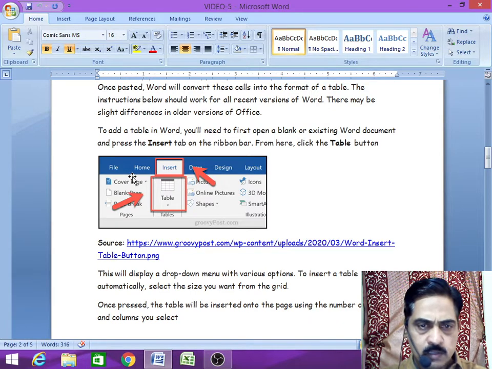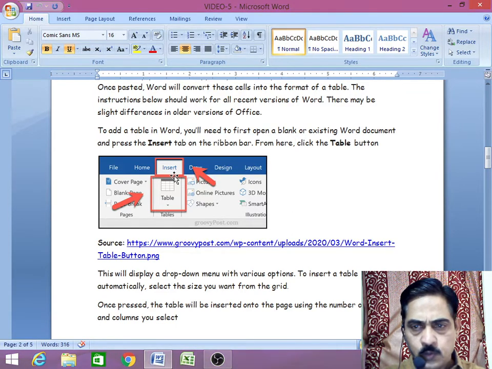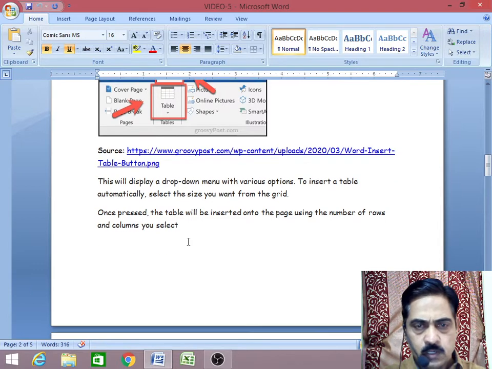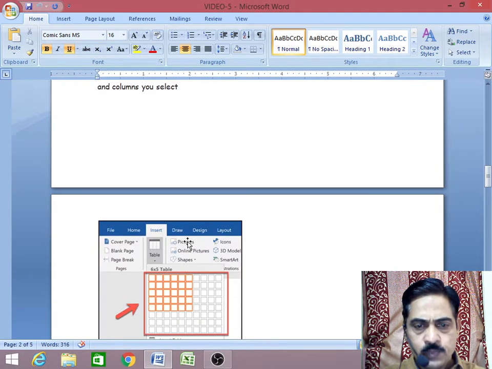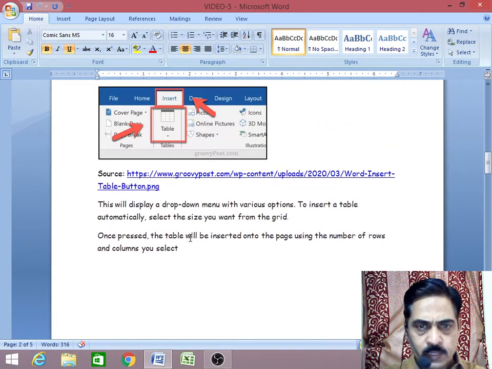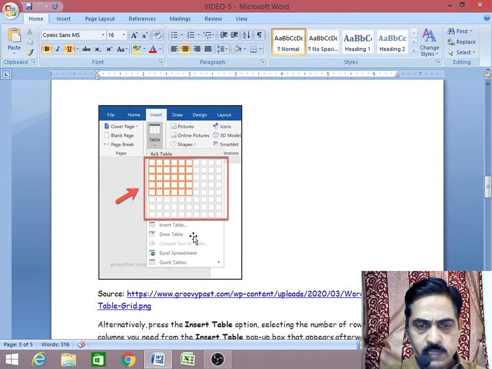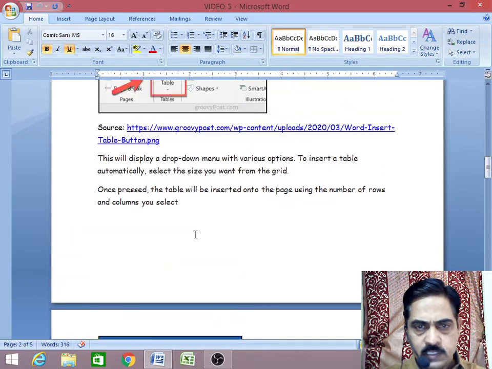See here, Home is there, beside that the Insert tab will be there. You have to click here. After clicking, this will display a drop down menu with various options: table, insert table, draw table, Excel spreadsheet, and others.